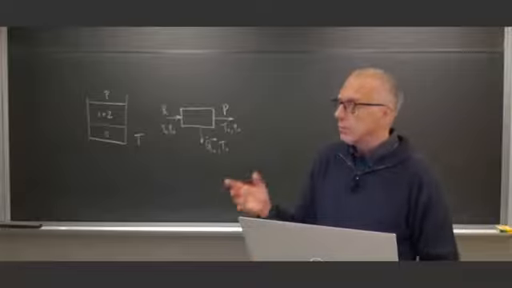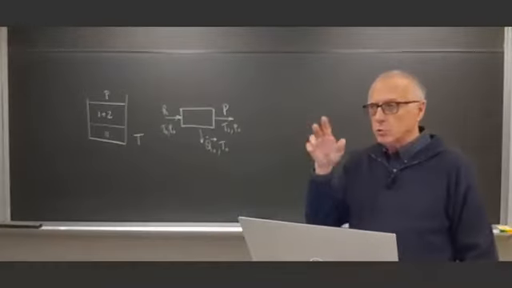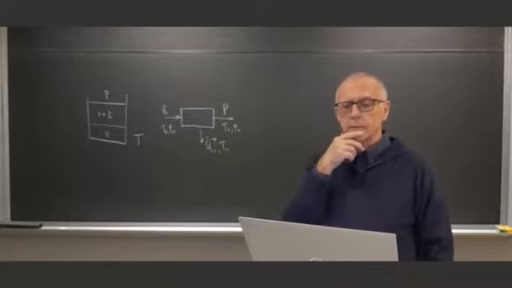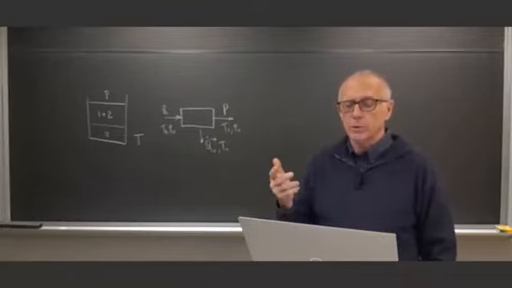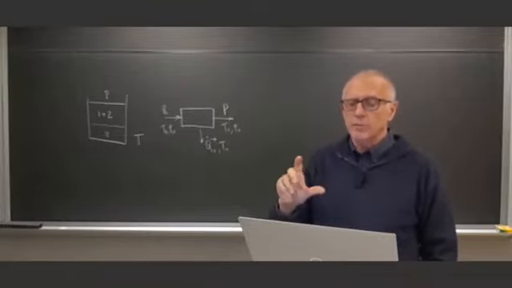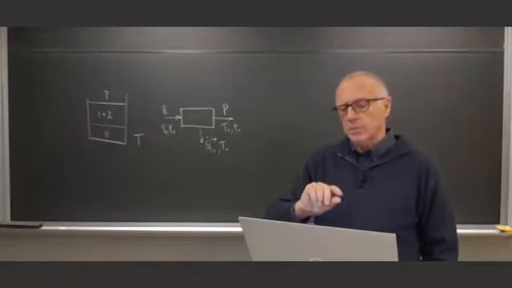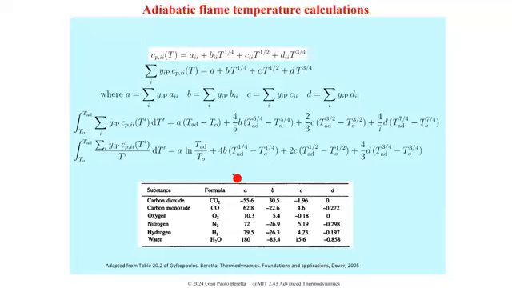Now, as you've seen in the previous slide, we need to do those integrals to compute the enthalpy and the entropy, the difference for the products of combustion between the standard and adiabatic flame temperature. One way to do that calculation, this is just a detail, but you can find correlations for the specific heats of the various substances. And one way,